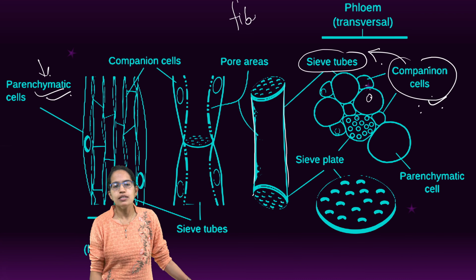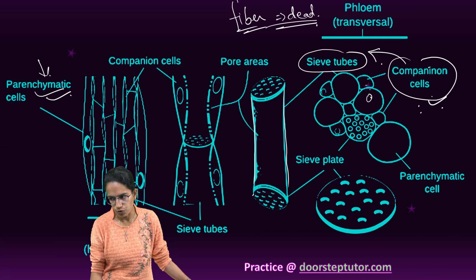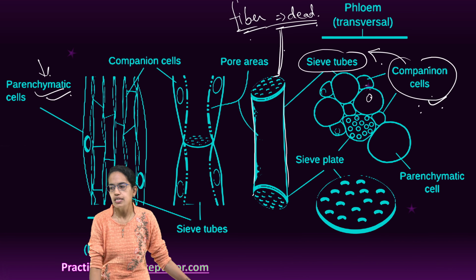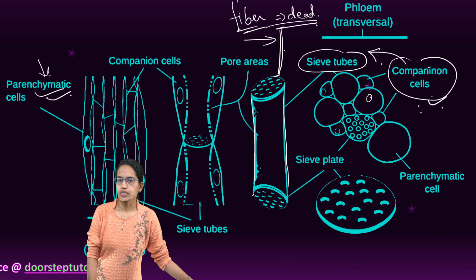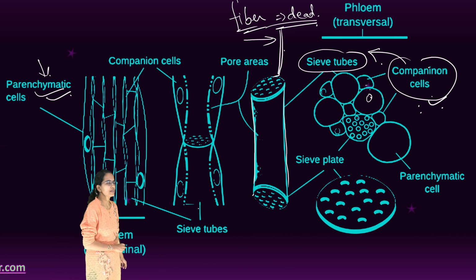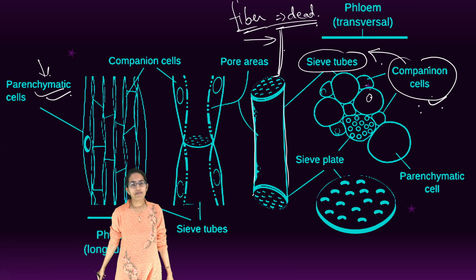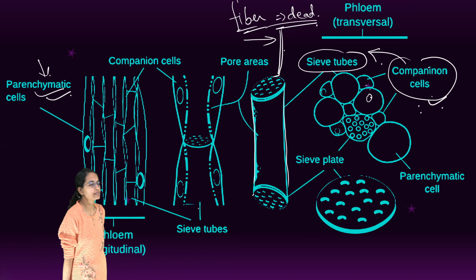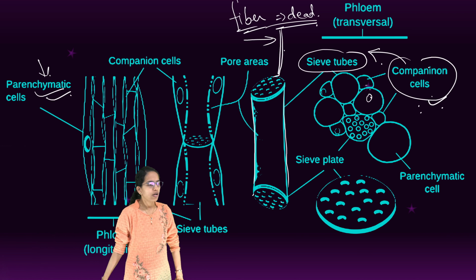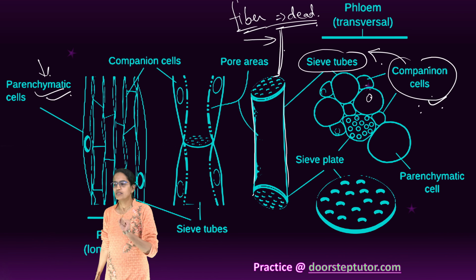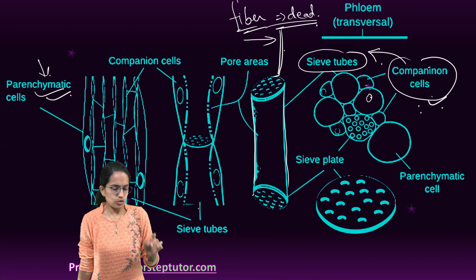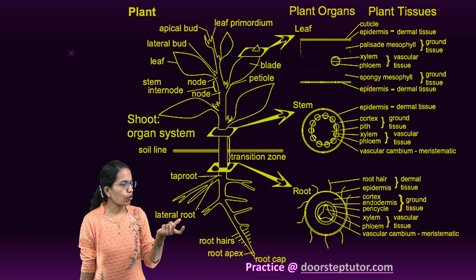Then comes the phloem fiber. Phloem fiber is dead and is an exception in the case of phloem. It is elongated, has lignified cells, and it provides mechanical strength. Good example of phloem fiber, if you see around in daily life, jute, hemp. So all these jute bags, hemp bags that you use are made up of phloem fibers. So it provides mechanical strength and durability. So this is a basic understanding of the plant tissue.